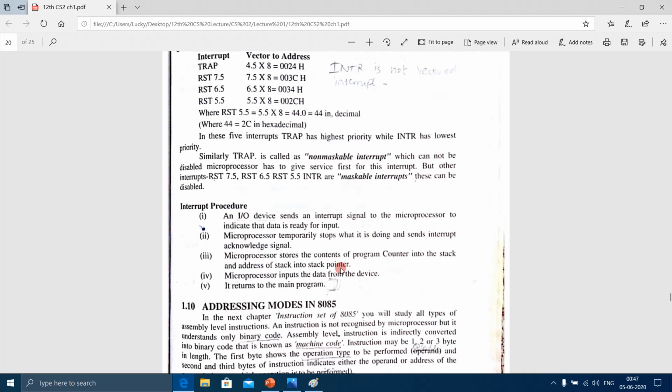Stack is a memory and stack pointer is a register. This you have to make note of. The microprocessor inputs the data from the device and then after completing its task, it returns to the main program.